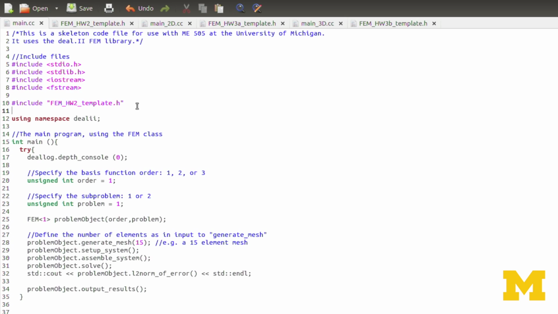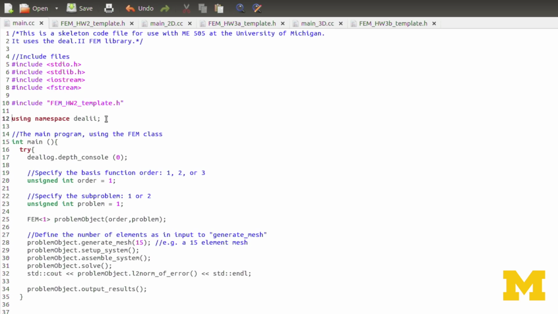Here you can see I've included some standard C++ header files, but I've also included this FEM homework2template.h. That's your header file that includes the information about the class. And here on line 12, you can see that I've said using namespace deal2.